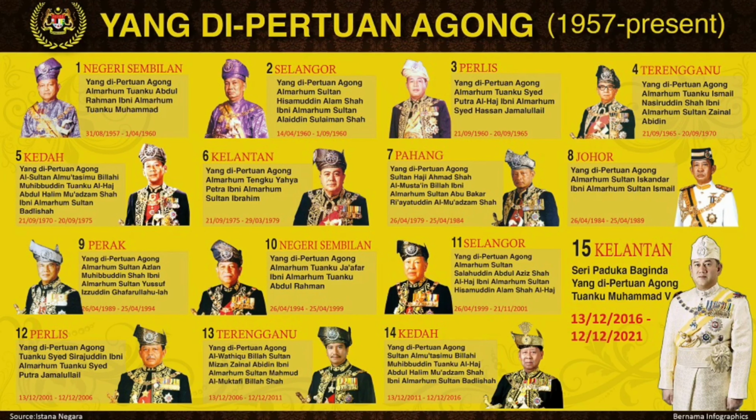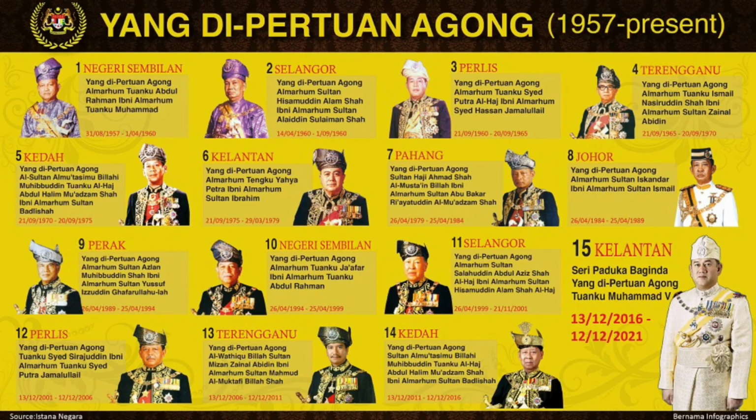Functions. The Conference of Rulers is not only supreme but also unique, as it is the only such institution in the world. After the country gained independence, the Conference of Rulers was established in accordance with Article 38 of the Federal Constitution. The functions and duties of the Conference of Rulers as provided in the Federal Constitution are as follows: